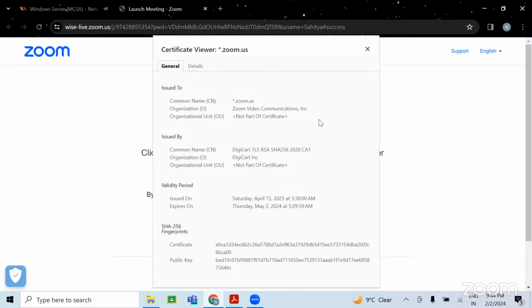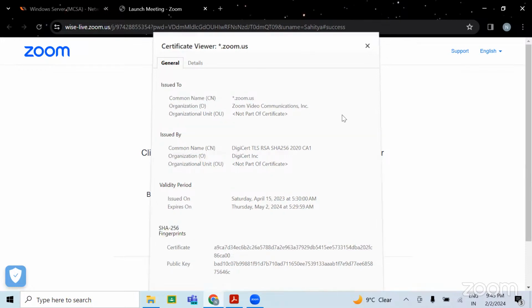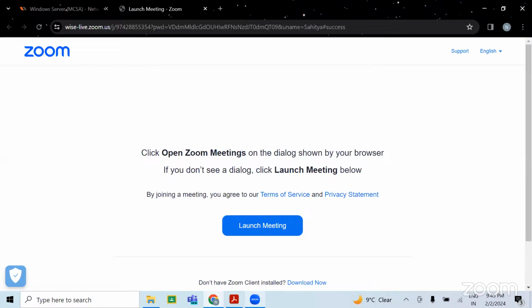And there are multiple organizations, so DigiCert is one of them, who provide the certificates for your website to make the connection secured. All right, so we will see how to configure these certificates and all.